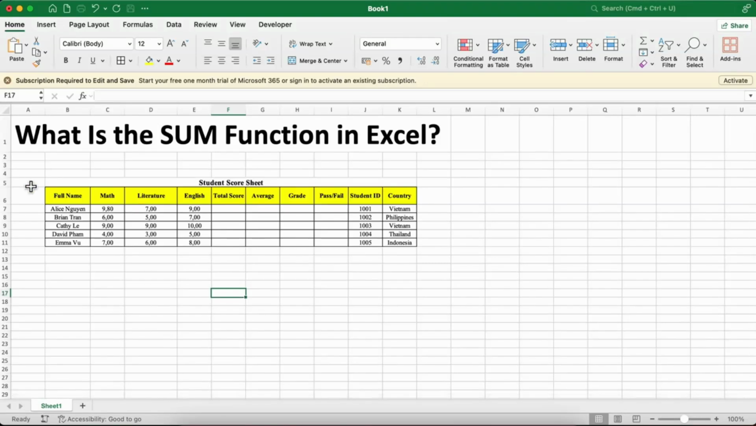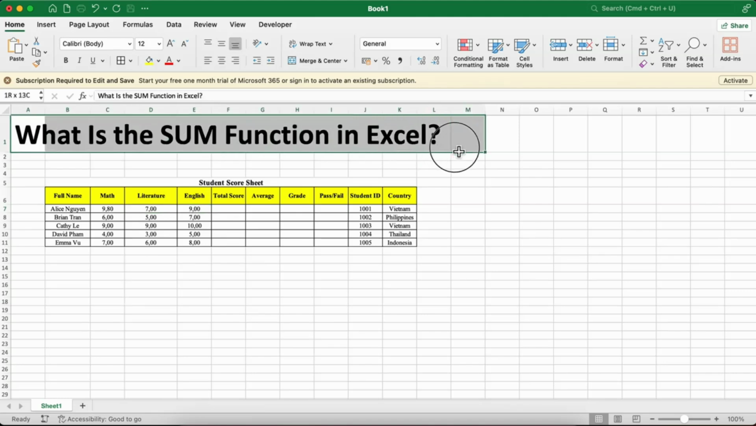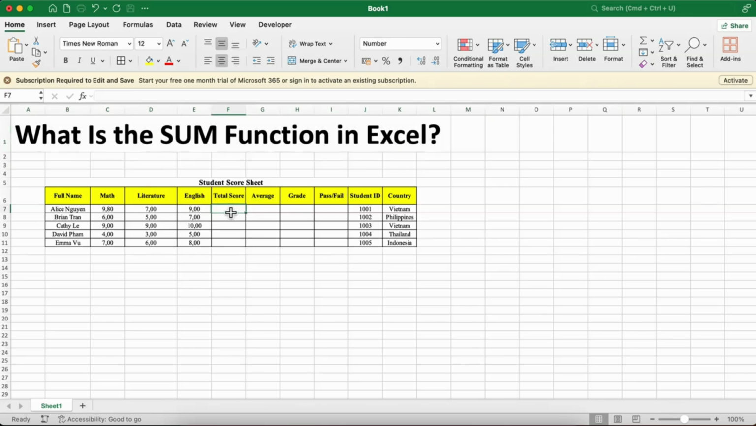When working with Excel, you may have needed to add up all the numbers in a set of cells. Instead of adding each cell manually one by one, which is time-consuming and prone to errors, Excel offers a built-in solution, the sum function. In many cases, users tend to manually write each cell reference and add them up using